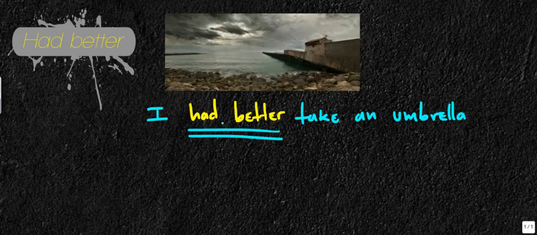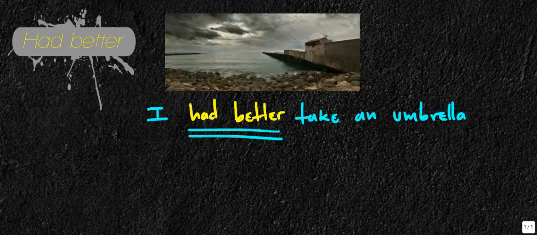because I want to say that this action is necessary, and if I don't do this action, there's going to be a negative consequence. So I say I had better take an umbrella because if I don't take an umbrella, I'm going to get wet. That's basically the idea of had better. There's no complicated explanation or anything. It's just we use had better to give a suggestion that could have negative consequences in